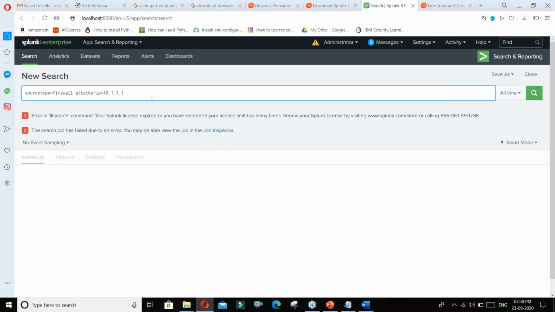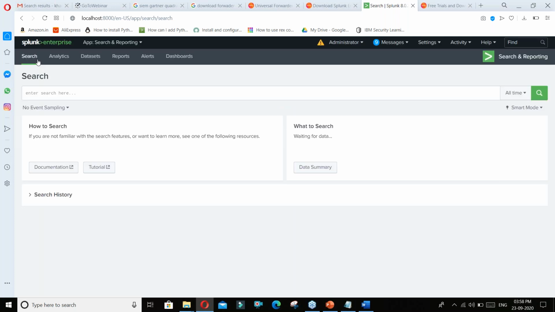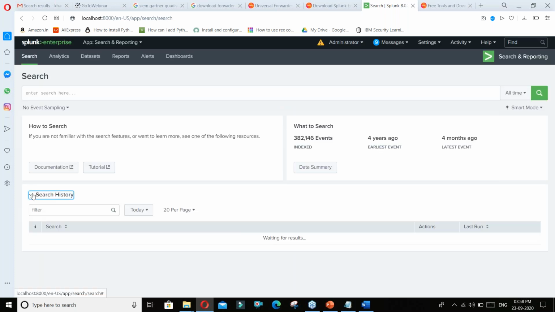If you understand the query, people ask me whether it is using SQL, whether the queries are related to any other language. No, the queries are not related to anything, not SQL. It is just simple Splunk language, you can say. Okay, so if I show you my